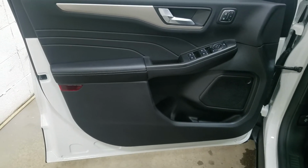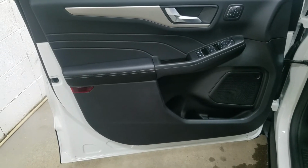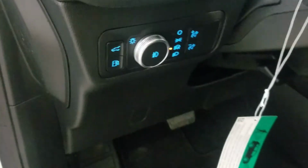At the interior we have loads of driver friendly features such as power locks, power windows, power adjustable mirrors, and door storage. As you move into the cabin you'll see our lovely black leather seating with adjustments and lumbar support located on the side. Over to our steering column we have our automatic headlamp settings, as well as our tilt